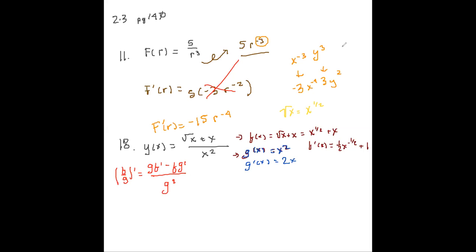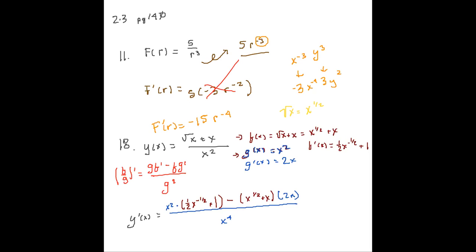So we're going to say we have y prime of x, which is equal to g f prime, so x squared times 1/2 x to the negative 1/2 plus 1 minus f g prime, x to the half plus x times 2x over g squared, which is going to be x to the